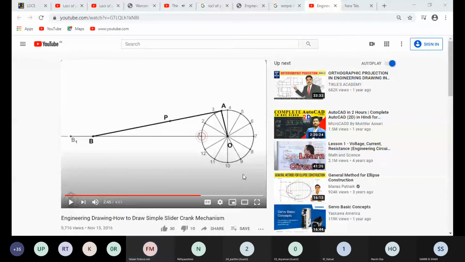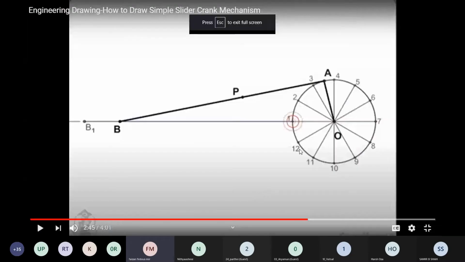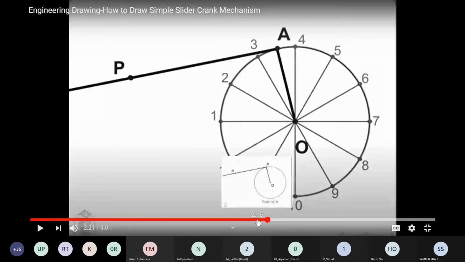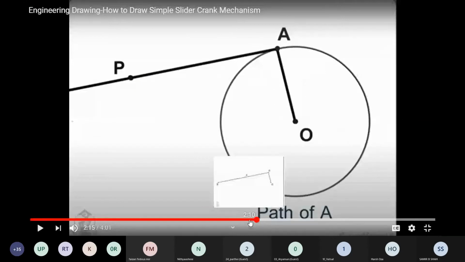How you have to go up to this stage. Already it may be explained very well, but I will just show you in a very smooth way. Initially, I have to convert this circle into 12 equal parts. Already we know that a circle is 360 degrees, and if I want to divide it into 12 parts, it means 360 divided by 12, so I am getting 30 degrees, right? It means each and every line must be at 30 degrees.